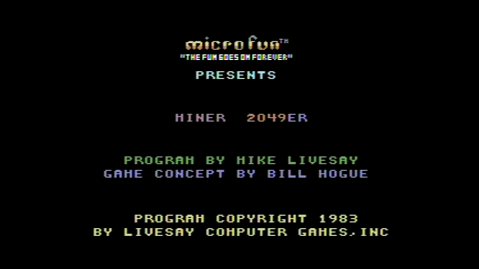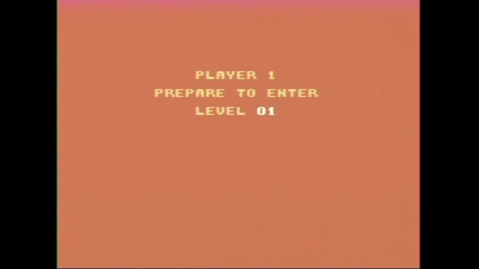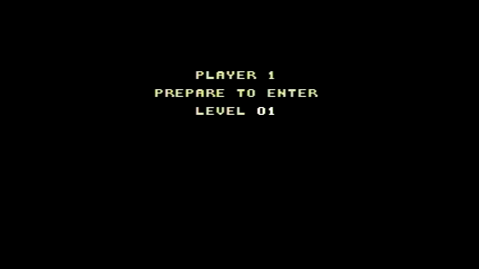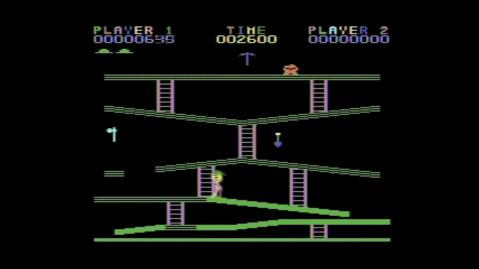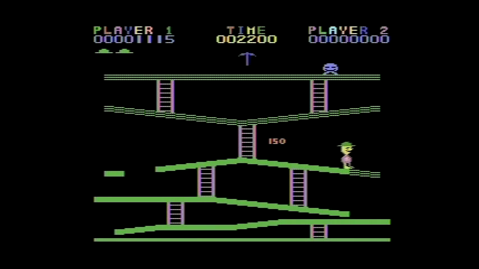Miner 2049er has more to offer than comically awesome death jumps. While superficially similar to Donkey Kong, this game is about tricky platforming. Puzzle platforming, really. Not that you have to solve puzzles outside of the platforming parts, it's that the whole game board is a puzzle. Miner 2049er was created by Bill Hogue for the Atari 800 in 1982, and as a